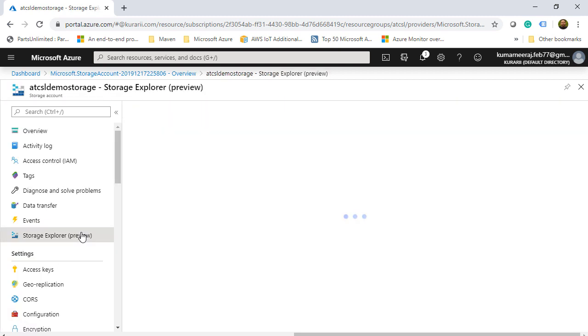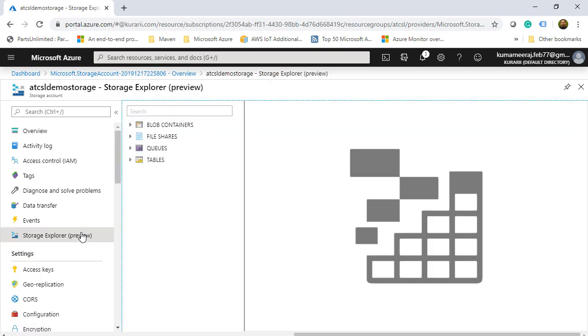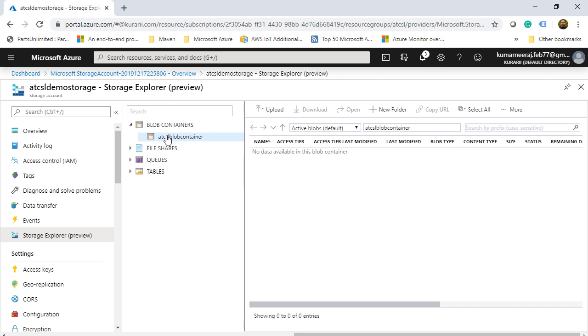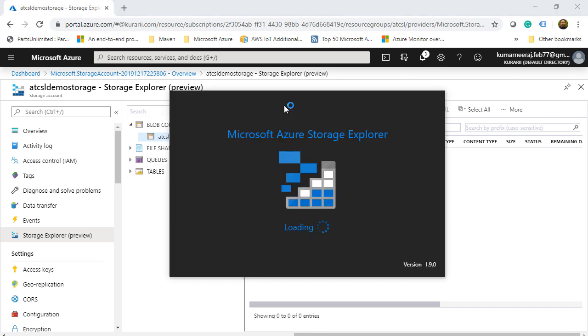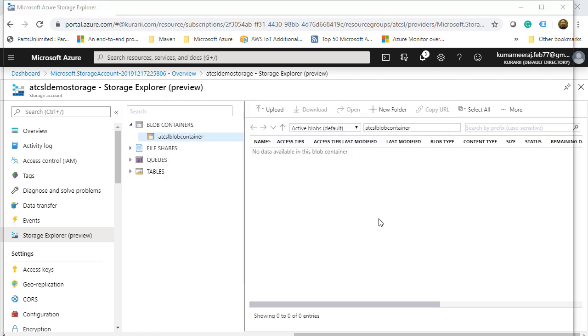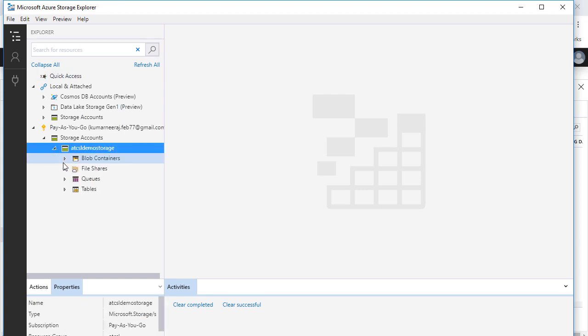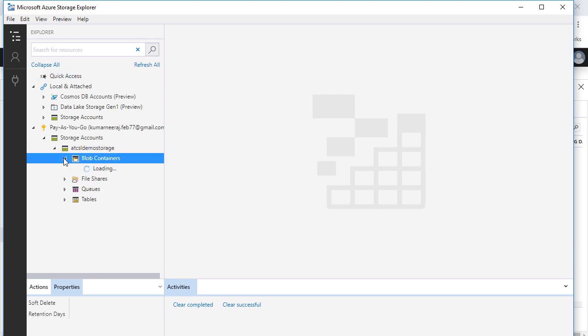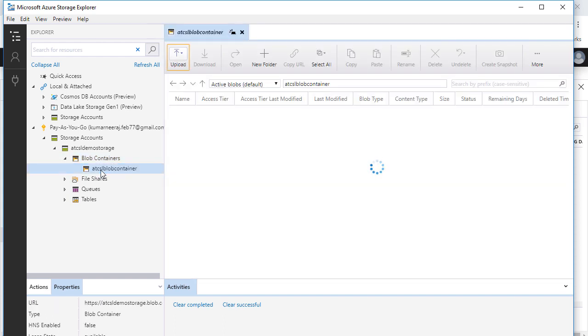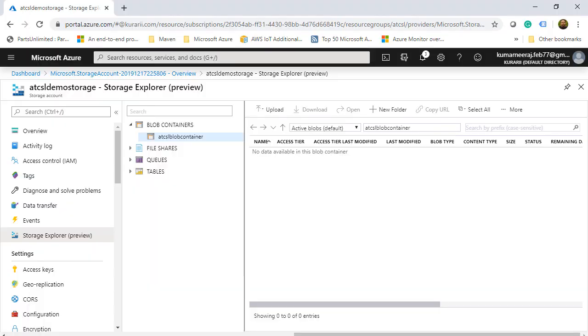We then have the Storage Explorer, which is currently in preview within the Azure Portal. And this can be used to upload or download, that is, send and retrieve data from the blob containers or the file shares, and even from the queues and tables. What we can also do is install and configure the Microsoft Azure Storage Explorer tool on our desktop. And this can also be used to access your storage account. Once installed and configured, it will show all the storage accounts and their content within the Storage Explorer. We will go back to the Azure portal,